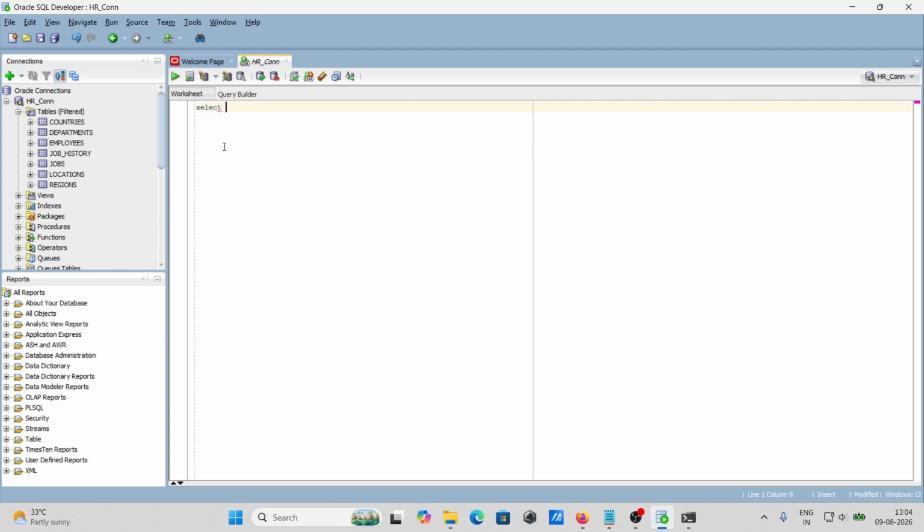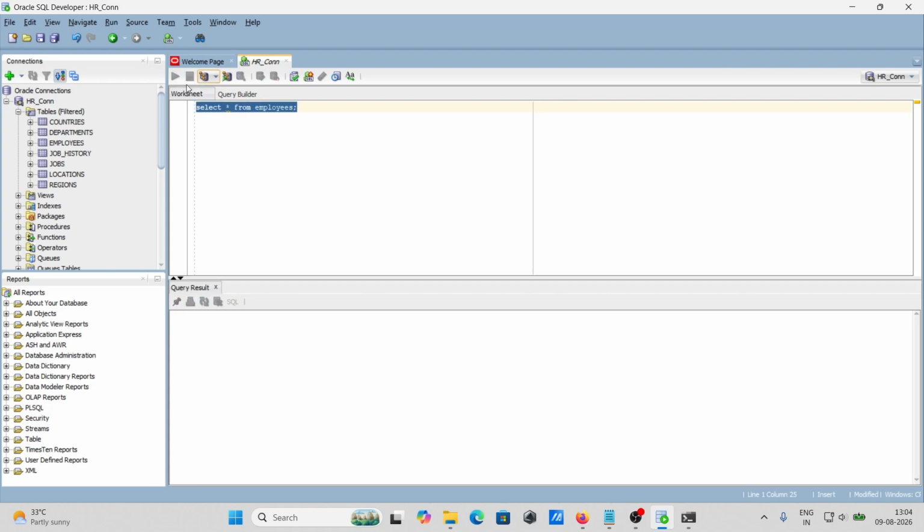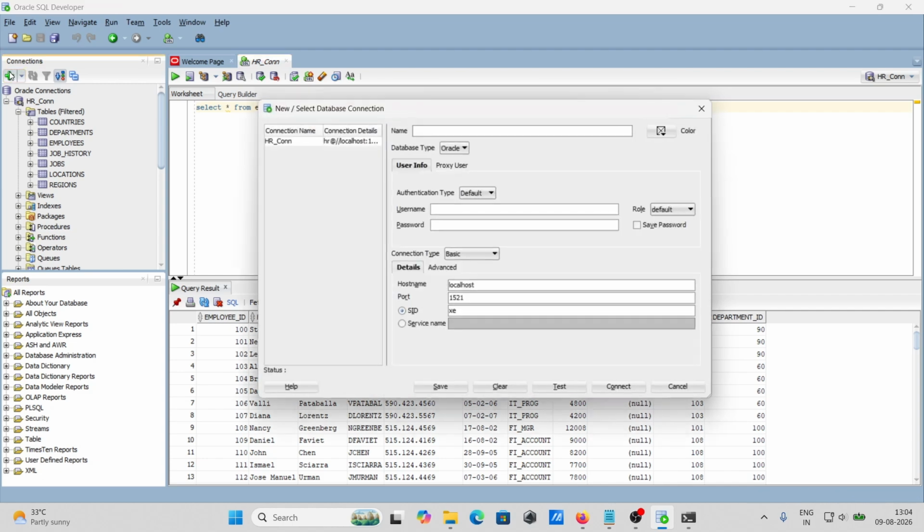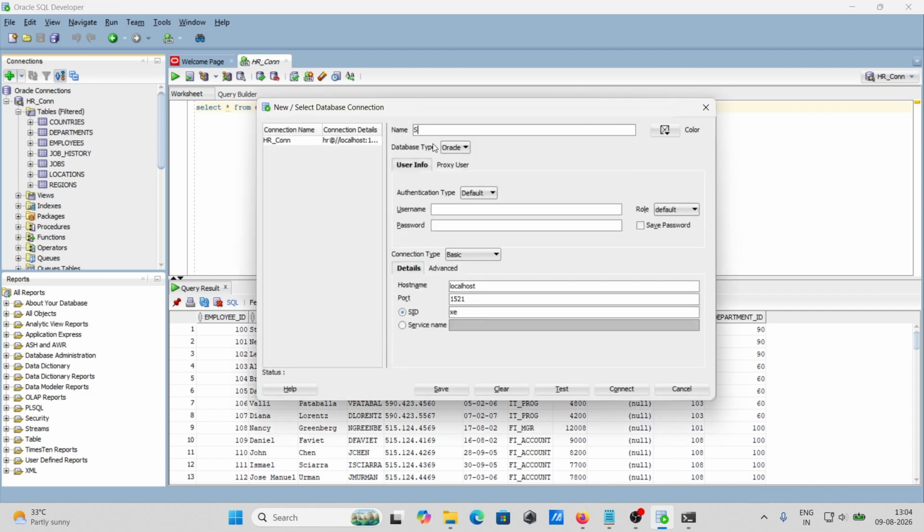Now you can use the table: select * from employees. So this employees table record is displayed. Like this, if you want to make the Scott connection, let's give the Scott